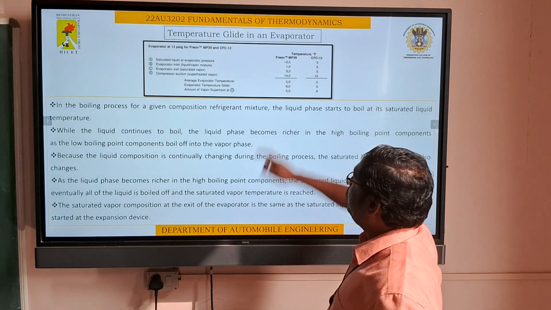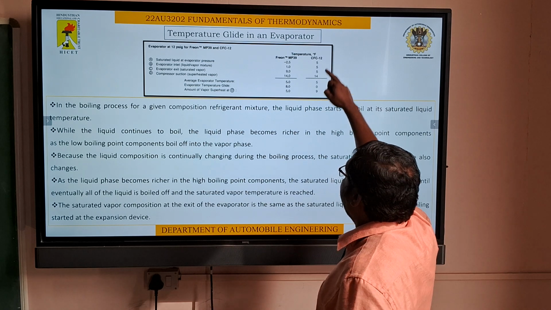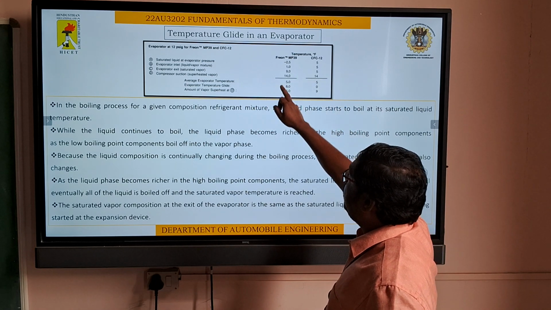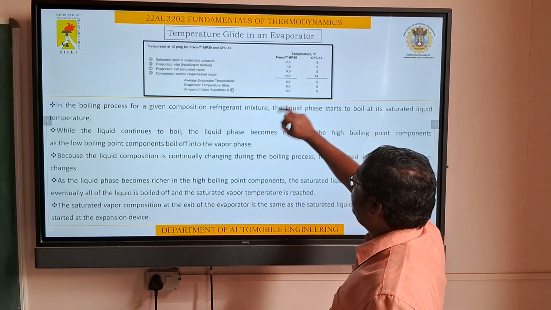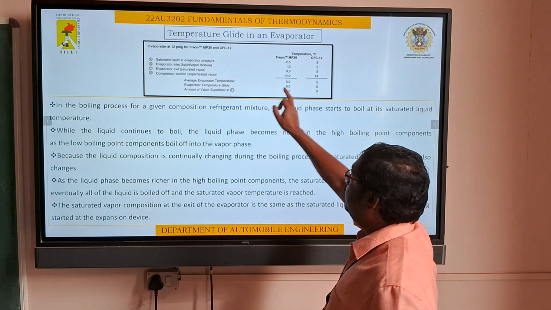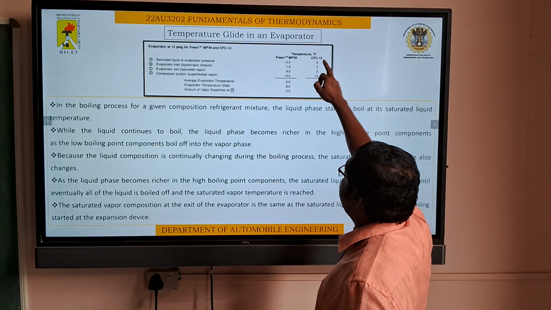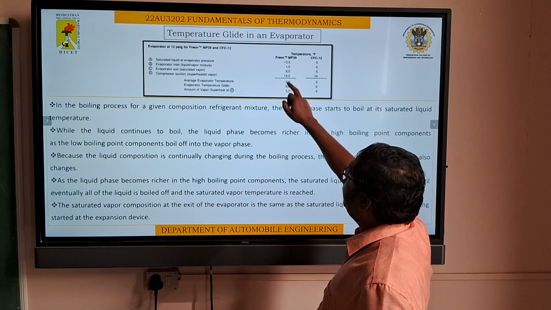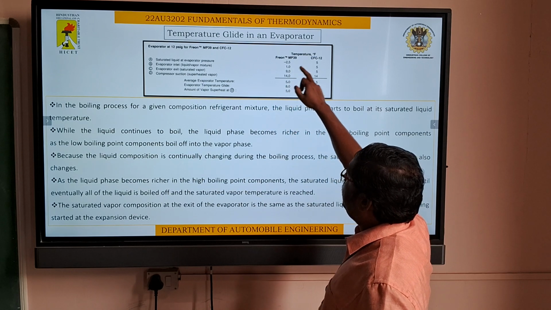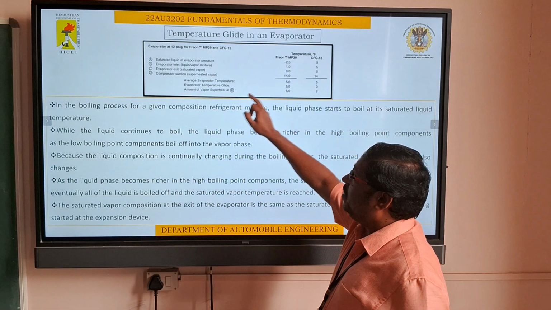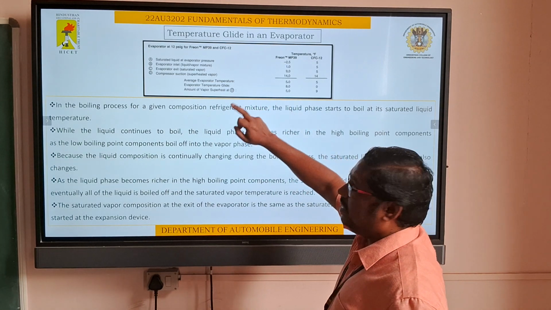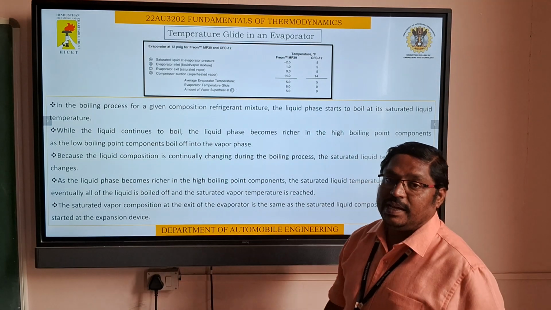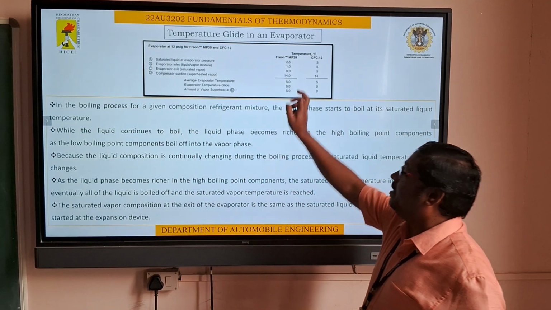So here, what is the average evaporator temperature? We can take the average. This is 5 degree Fahrenheit. Here the Freon is again the same, 5 degree Fahrenheit. So the evaporator temperature glide is 0 here. It is 5 minus 5 is 0, but here the temperature glide of the zeotropic mixture, 9 minus 1, is 8. So the amount of vapor superheat at point D is 5 degree Fahrenheit. So this is 9 degree Fahrenheit. So here the temperature glide is almost 8 degree Fahrenheit.